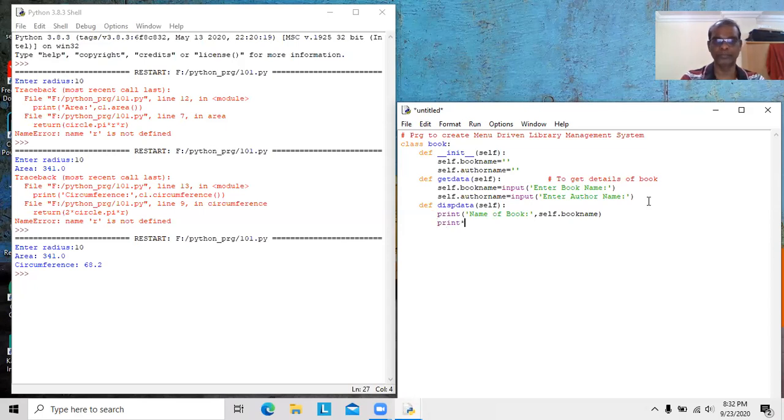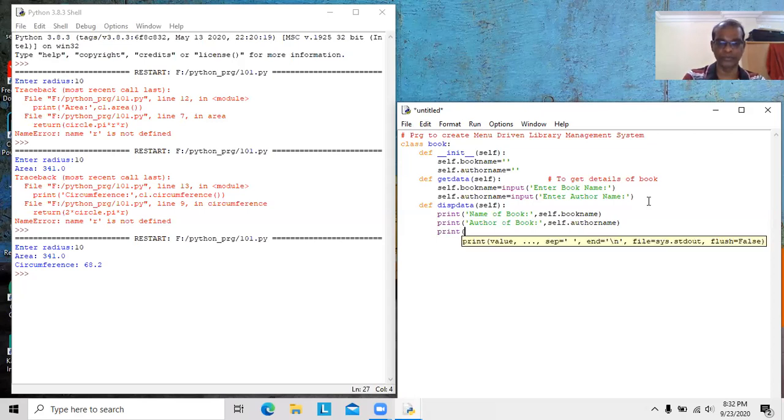Similarly, print author of book, comma, self dot author name. This is one class. After that we will have one println to differentiate the number of books. That's good. That class is over.